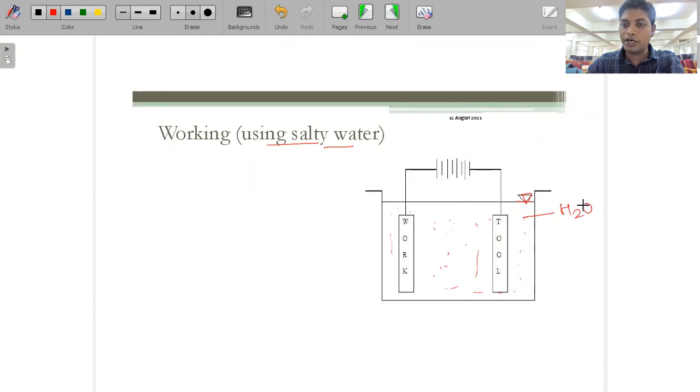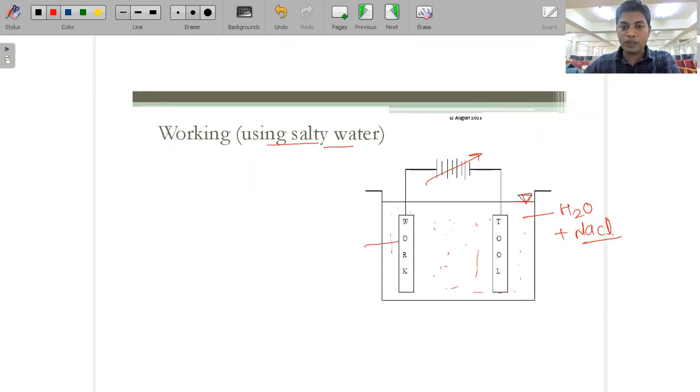This is H2O, which is already there. Plus we are mixing NaCl, that is salt. Okay, the salt is mixing. Now it is the same thing, we are creating a potential difference. Once the potential difference is created, it will reach steady state conditions, and